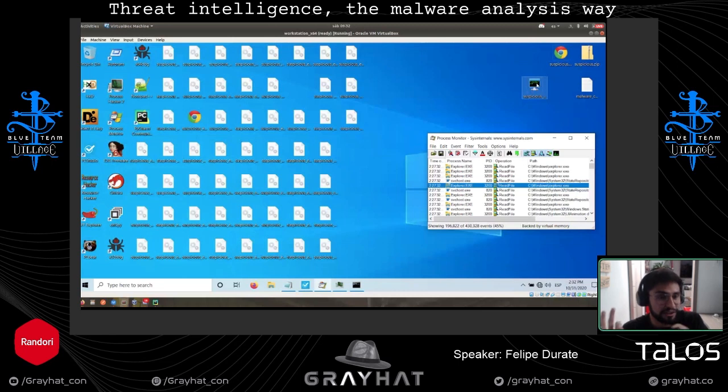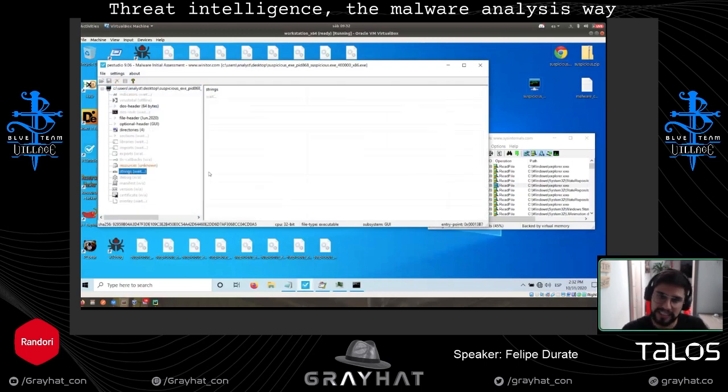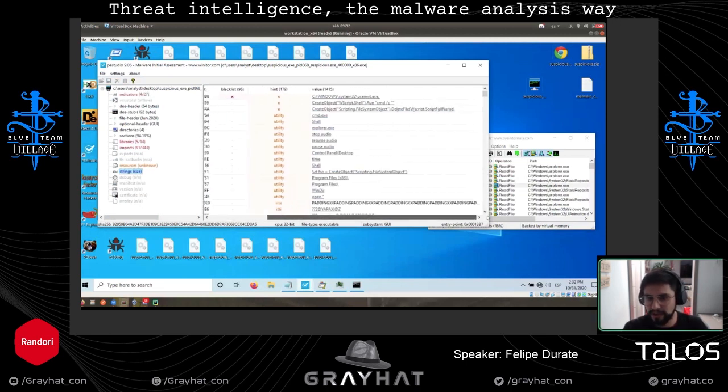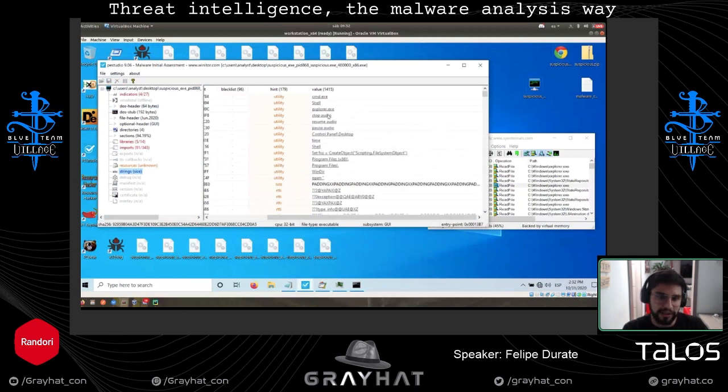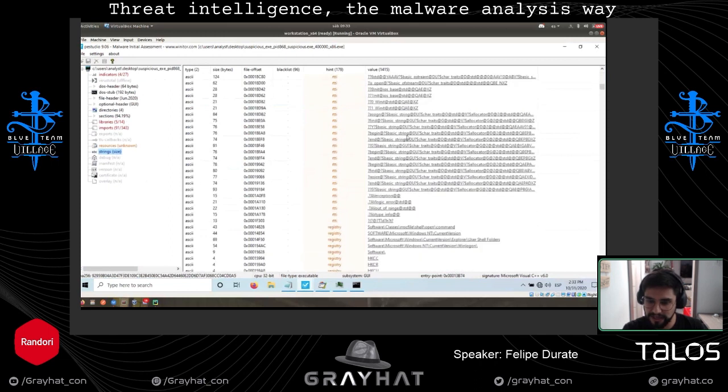Because I consider this probably the unpacked sample, I'm going to do the static analysis. I'm not going to do anything else. For static analysis, I'm going directly to strings just to see and compare if we get something at this point. And this is actually the unpacked sample. There are a lot of strings. You can see things like stop audio, resume audio, pause audio. Okay, this thing probably gets a lot of information from the victim.